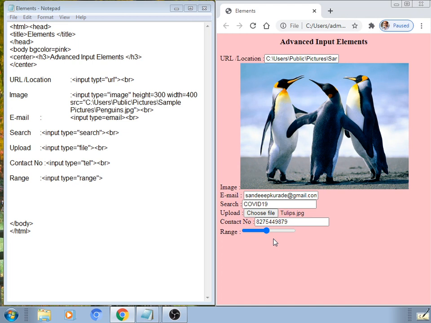In the last lecture we have seen 7 elements, those were number box, color box, month, date, as well as week and local date time. And within this lecture we have seen such type of elements. The rest of the syllabus we will cover in the next lecture. Thank you.